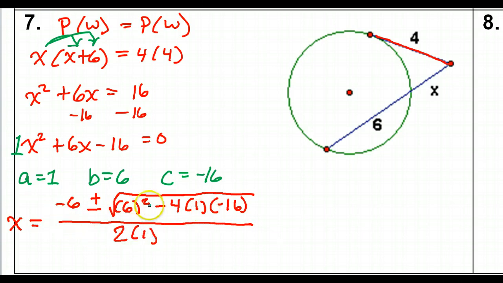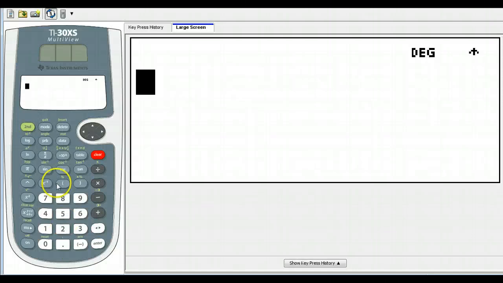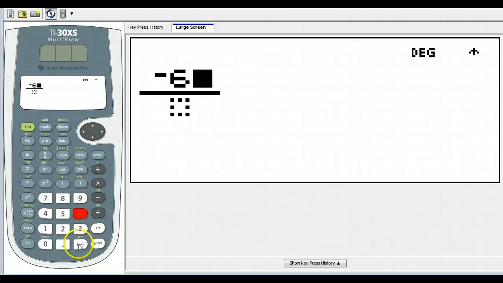So, but we can type this right into the calculator. Just be careful, we cannot type in plus or minus into the calculator at once. So we'll have to type it in once with a plus and then change that plus to a minus to get the two separate answers. Okay, so here we go. So we hit the fraction button to start off, and we will do -6. Make sure you're hitting this minus key, not this one up here. Whoops. So -6 plus square root